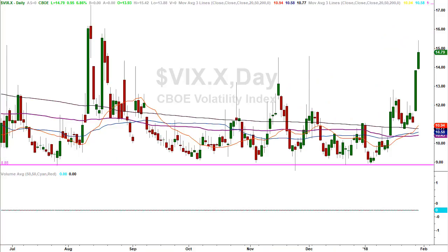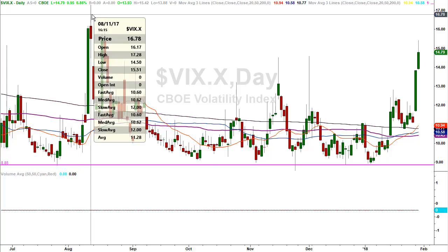Since we did have some downside activity, we will take a look one more time at the VIX, and you can see another explosion. Well, I don't know if I'll call it an explosion, but certainly another lift in volatility, up another almost 7%. So the VIX is here finishing below 15 today, but we got above 15 intraday. You can see what happened out of this bullish pattern that was developing for the last several days. We had an up move, we had a bullish wedge pattern, and then we exploded to the upside. There's probably not that much more upside in the VIX. We could certainly get up to this double top area all the way up here, which comes in at 17.28,